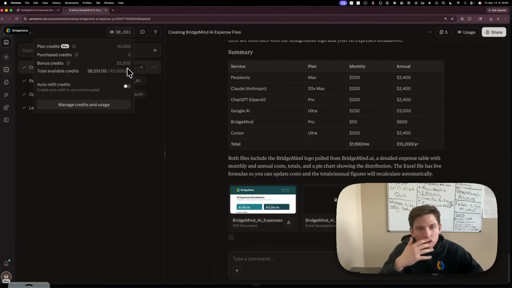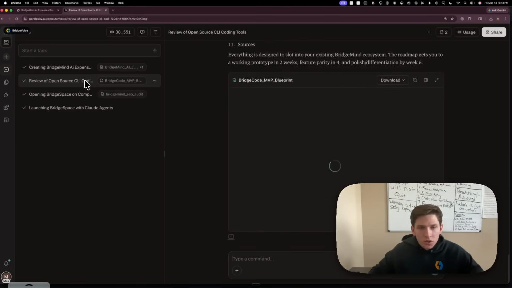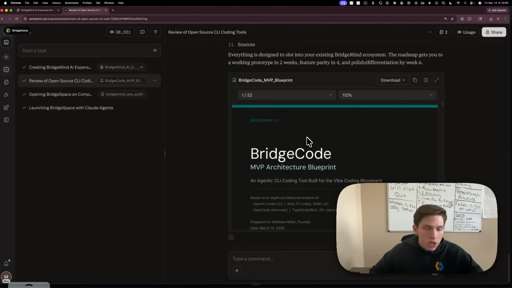I'm like 20% of the way through my plan, and I've only had it do 4 tasks for me, right? But what I use Perplexity for, I'll show you a really cool example. One thing we're going to start working on here on stream is BridgeMind building out its own CLI coding tool. To compete against Claude, Cursor, and Codex, we're going to build our own CLI